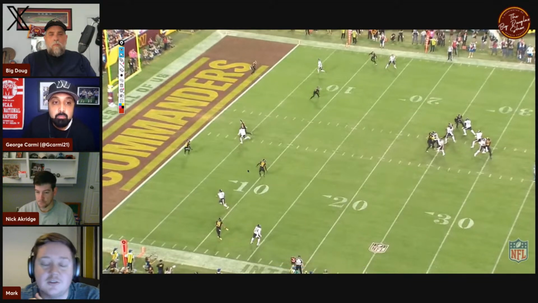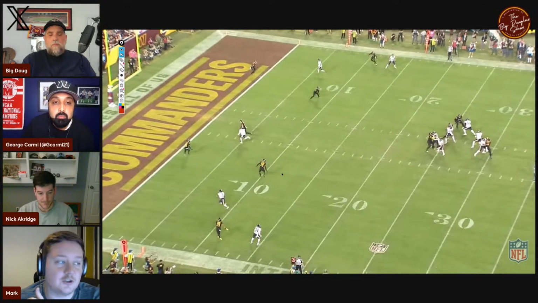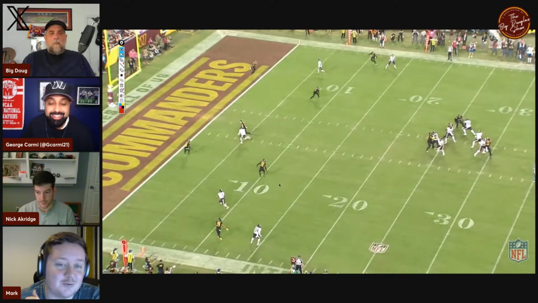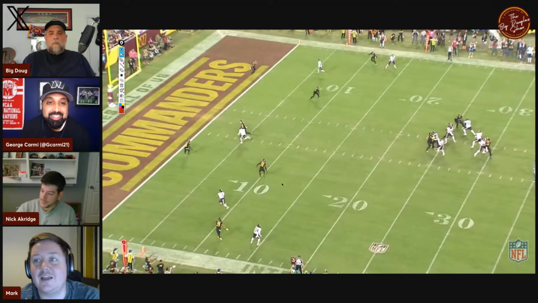And Percy Butler just doesn't do that on this play. And to me, it's just a mental error. Whether he got the wrong coverage call or he just had a brain fart and decided to try to cover the wrong guy and had his eyes in the wrong place. But yeah, he should be,